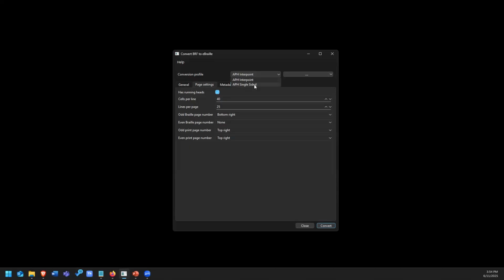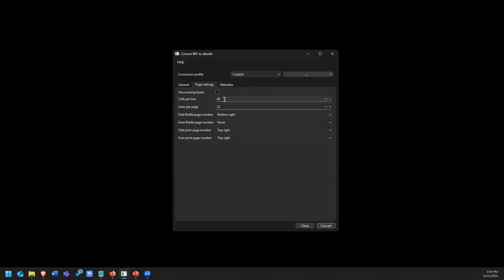I'm going to leave it on interpoint, but when I look at the actual options, the first option is has running heads. Is there a running head in your file? In this file, there isn't, so I'm going to uncheck that. And my conversion profile's already changed to custom.